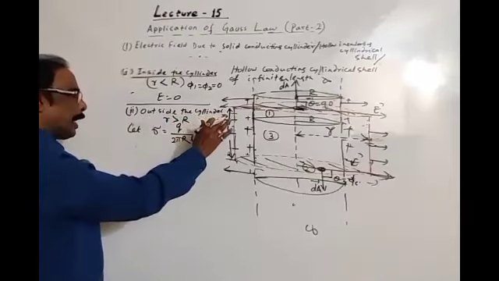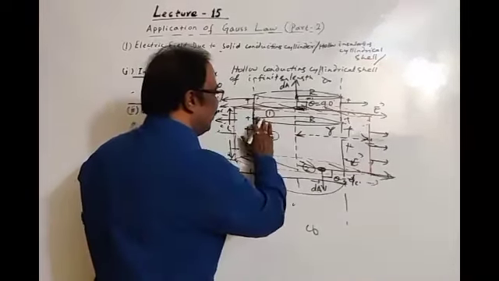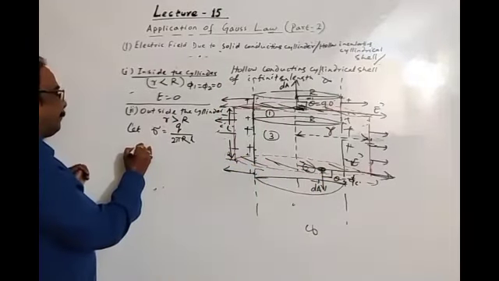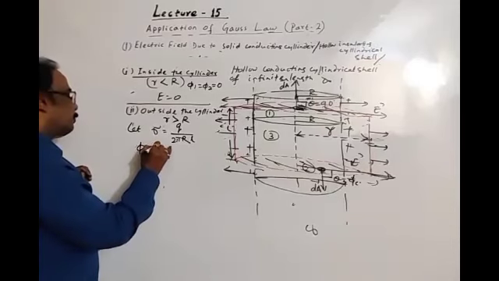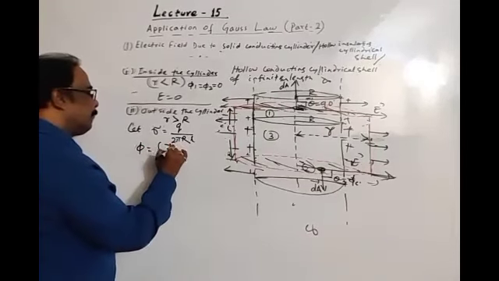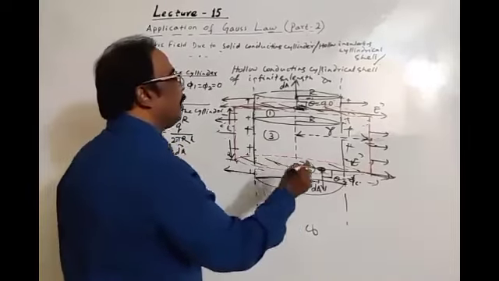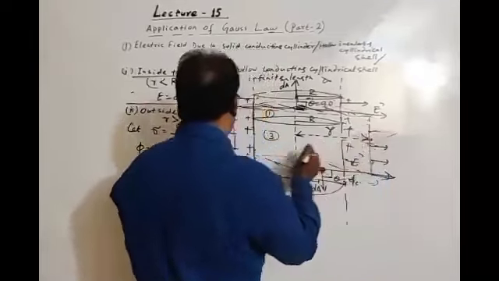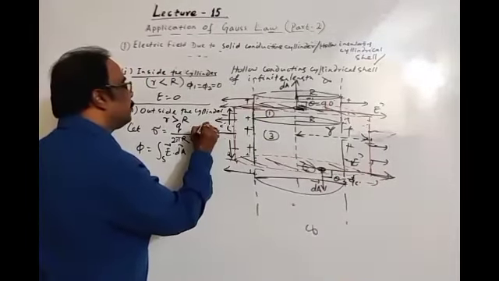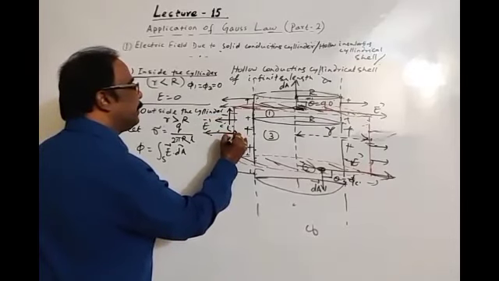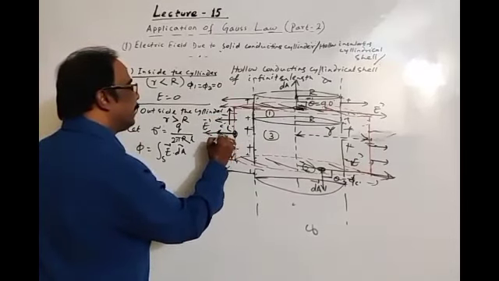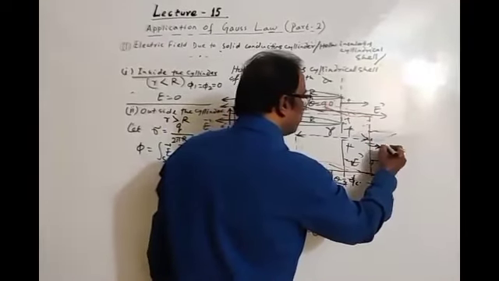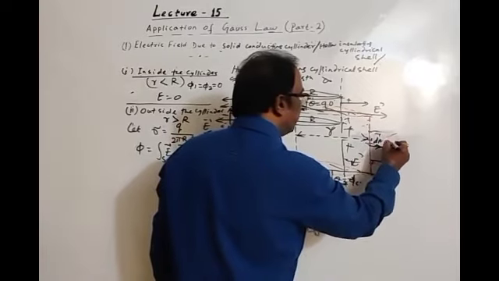Then outside the cylinder, similarly, this is surface 1, this is surface 2, and the flux is 0. For surface 3, the flux is the surface integral of E dot dA. For this surface 3, you may take this side also. This is the direction of the electric field, and if you take an elemental area dA, this is the direction of the area vector, outward. The electric field and area vector are along the same direction. This is dA, this is the electric field.